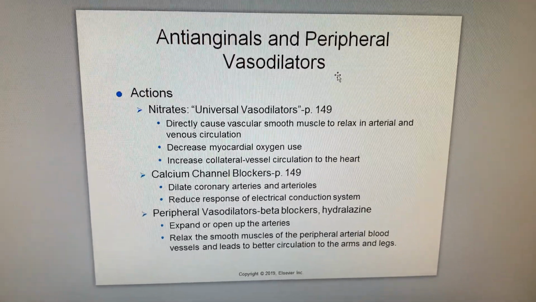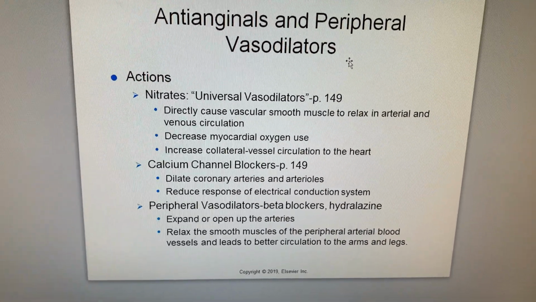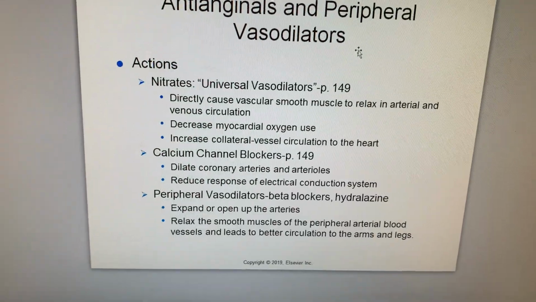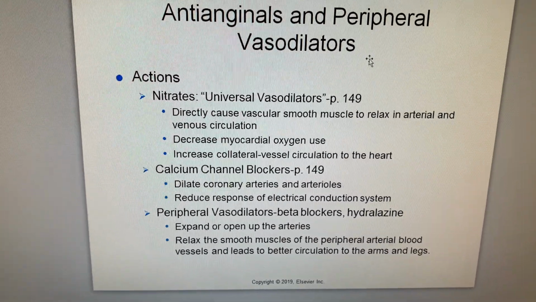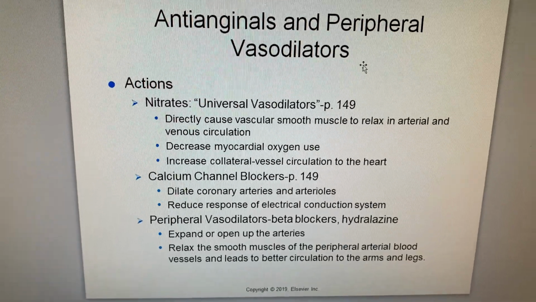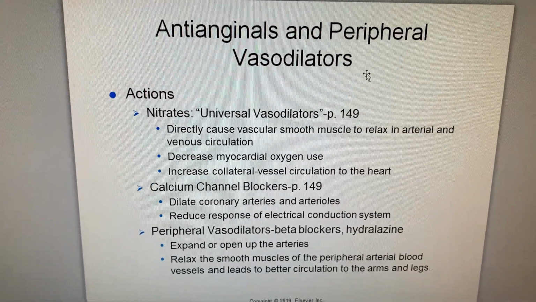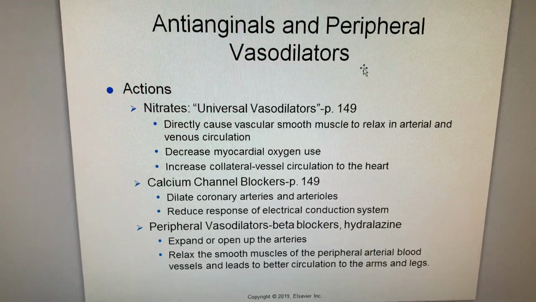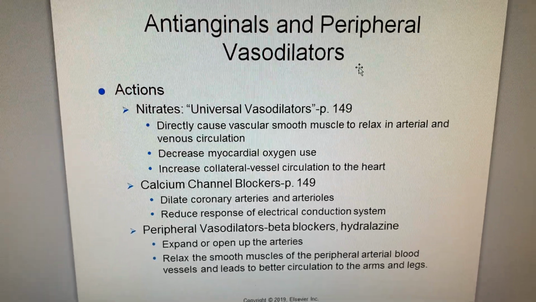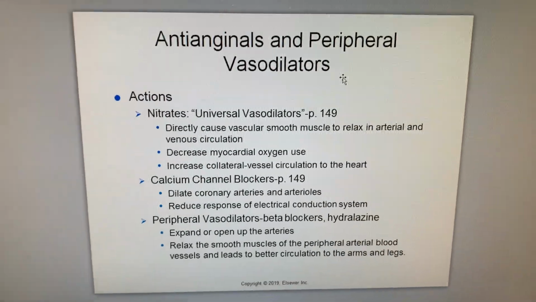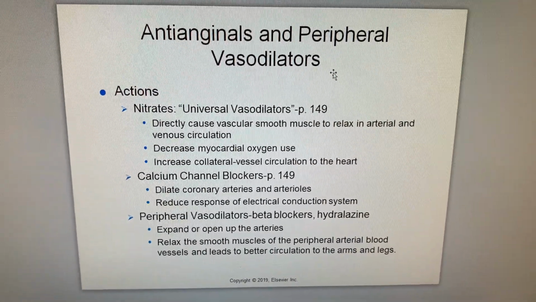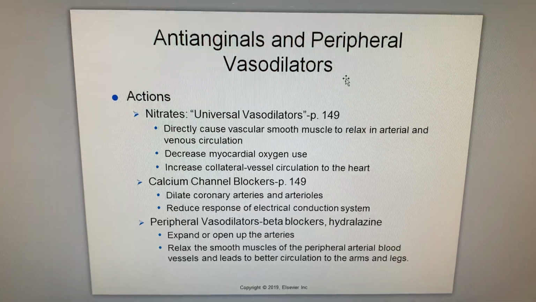They work on the smooth muscle of the vascular system, so they're going to cause those muscles to relax, so you're going to have dilation of the arteries and the veins. They work to decrease oxygen use in the myocardium, the muscular areas of the heart, and they increase what we call collateral